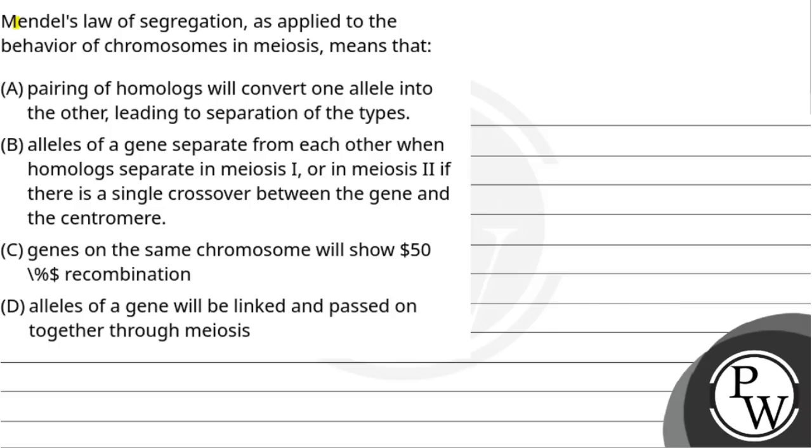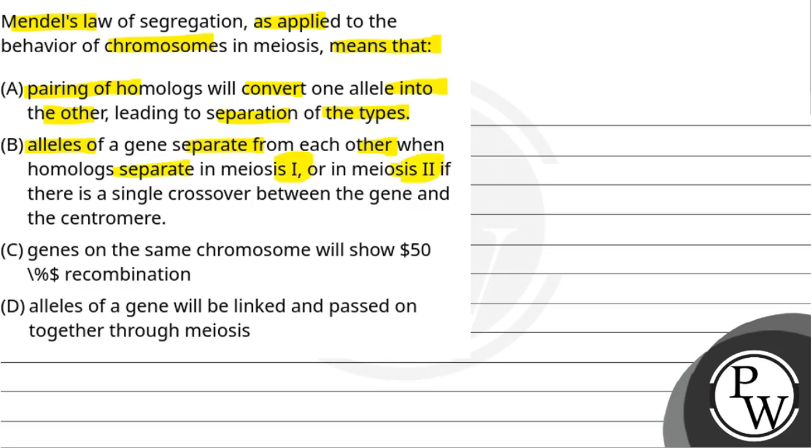And the question here is that Mendel's law of segregation as applied to the behavior of chromosomes in meiosis means that: option A, pairing of homologs will convert one allele into the other, leading to the separation of the types. Option B is that alleles of a gene separate from each other when homologs separate in meiosis